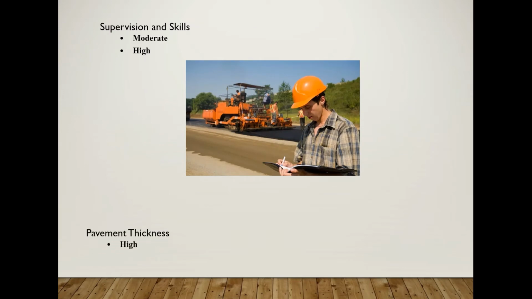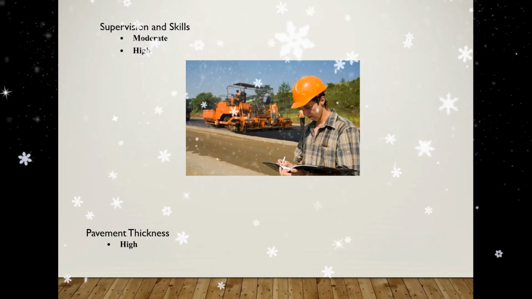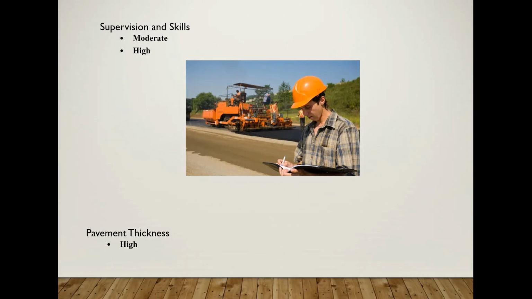Then pavement thickness. Pavement thickness is high in flexible pavement because around 4 to 5 layers will come: bituminous concrete, DBM, and then granular sub base. After that, the subgrade will also come, around 500 mm. In rigid pavement it is somewhat less, because the slab itself is enough to carry the load. It's around 300 mm or less than that.